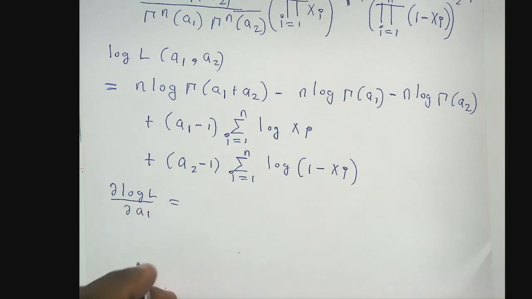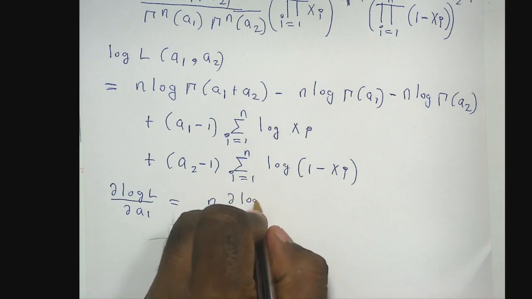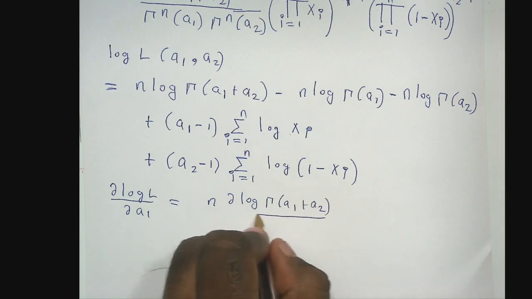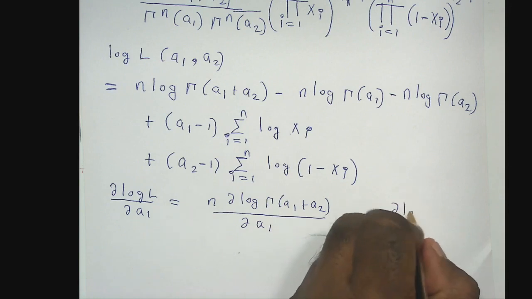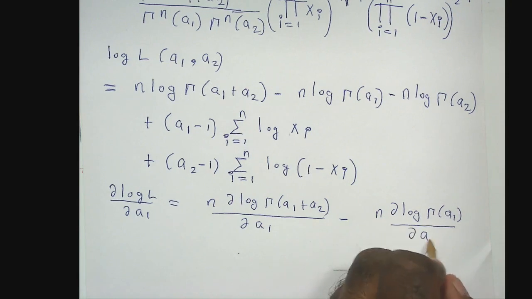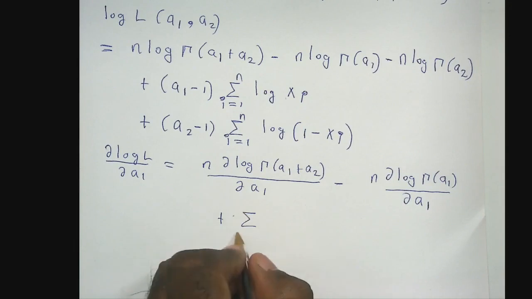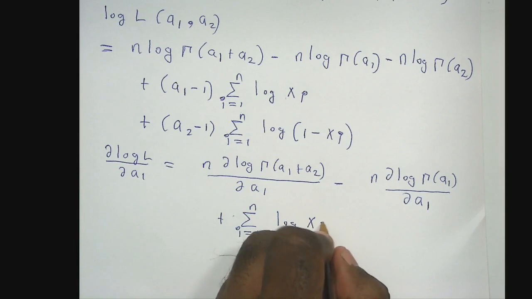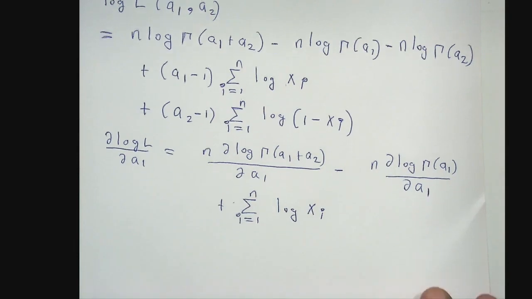If you take the partial derivative with respect to a1, you get this. Now you can simplify this further by writing this as